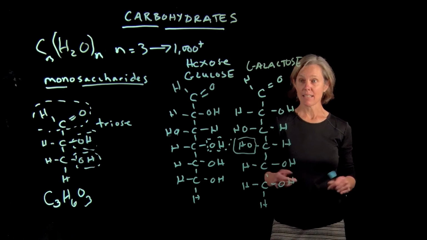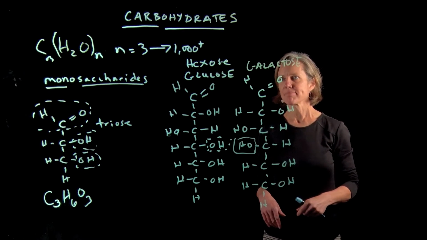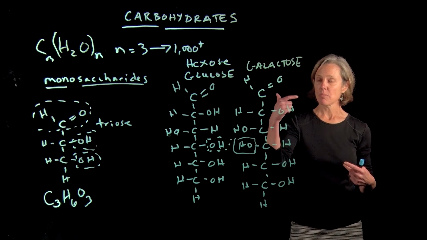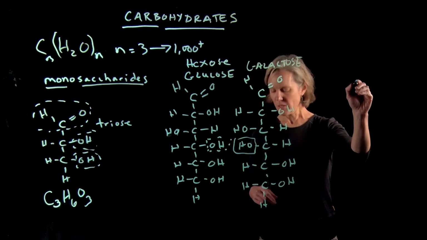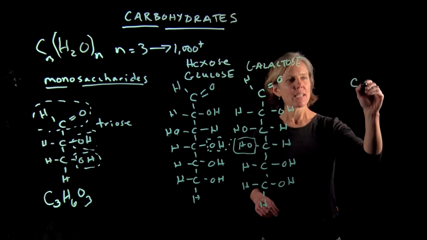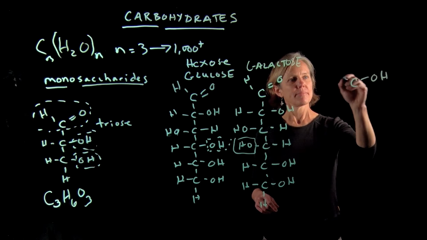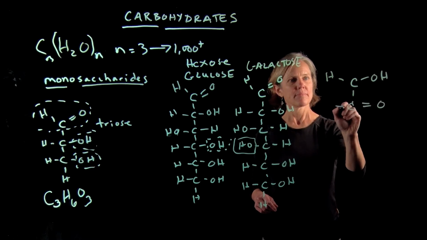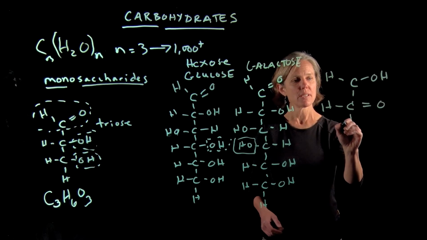Totally different tasting carbohydrate, different structure, slightly different function. Okay, we can also alter the position of the carbonyl. So if we move the carbonyl down 1 carbon, but leave everything else the same as we did in glucose,